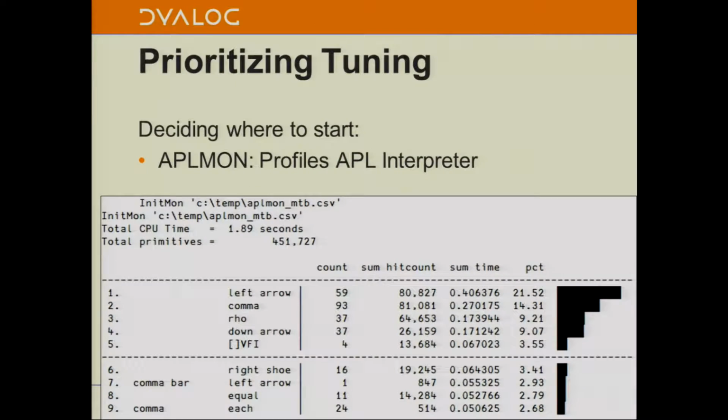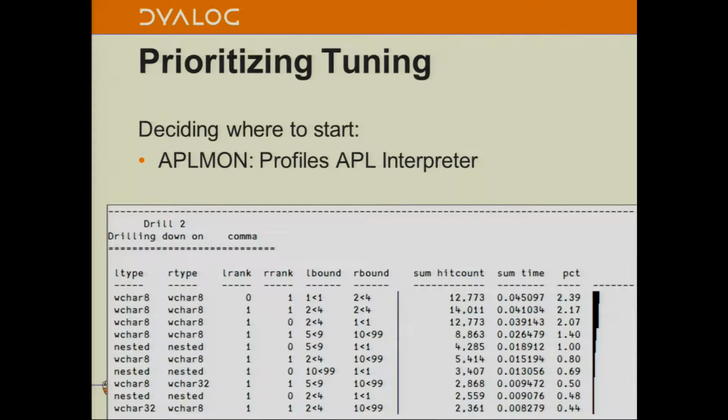So first of all, deciding what to tune, a lot of that we rely on input from you. We've provided a couple of tools over the last few years. One of them is Applemon, which profiles the APL interpreter. So you turn Applemon on and you run your application, and then you get a log file which contains information like this. It says left arrow was used 59 times and was responsible for 21.5% of the CPU. Row was used 37 different cases of row, 65,000